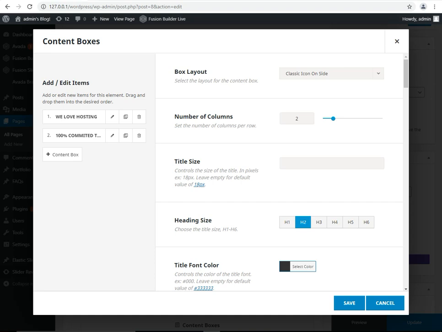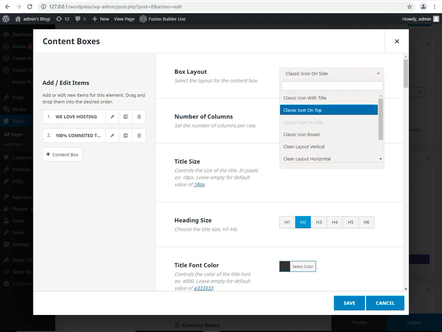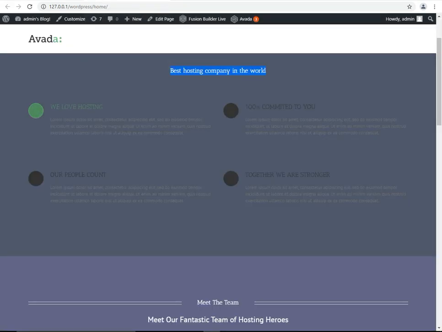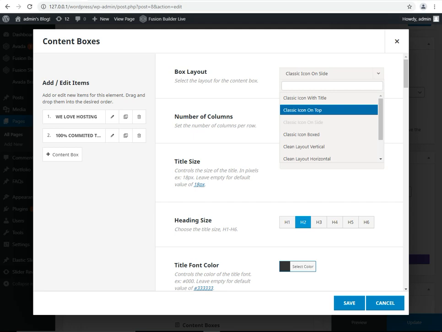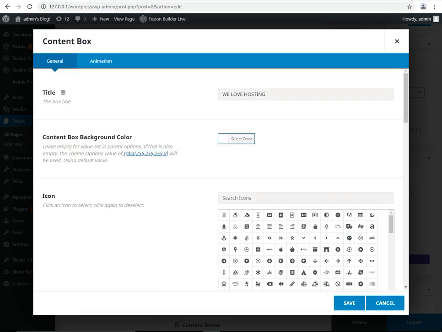And classic icon on side, classic icon on top. You can set icon with title, icon with box, many types of setting, but at this time we use classic icon on side, you can see it on the side. After this we are going to add these changes. Click here. We love hosting, best hosting.